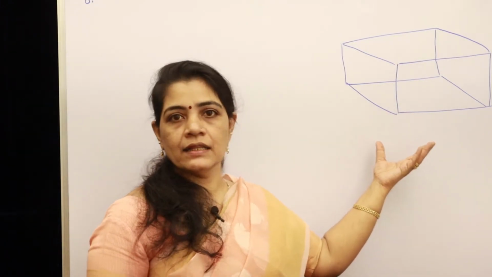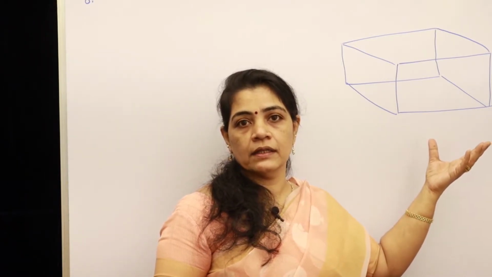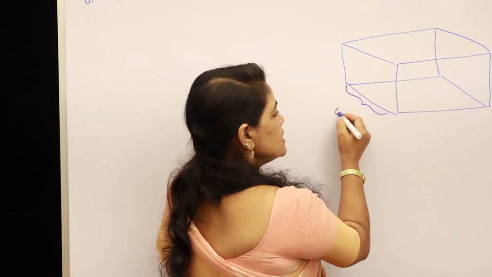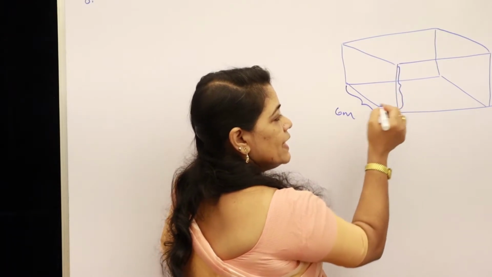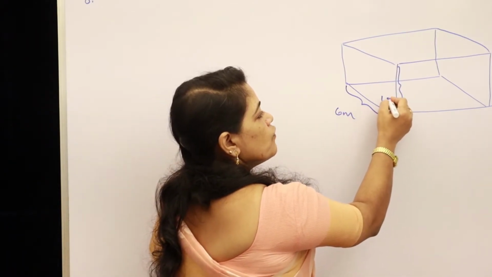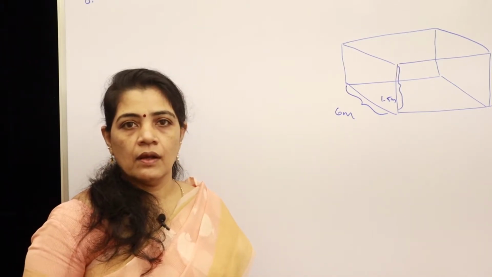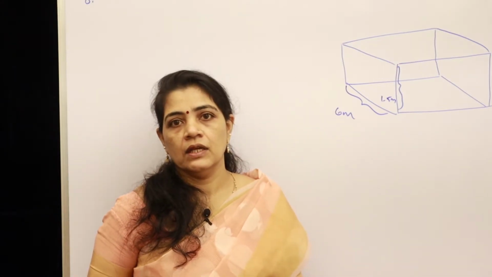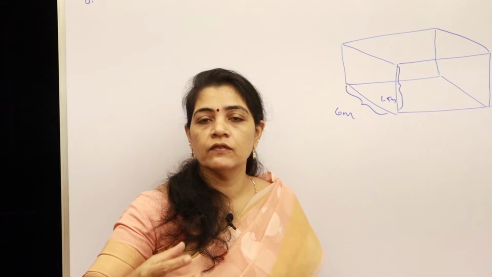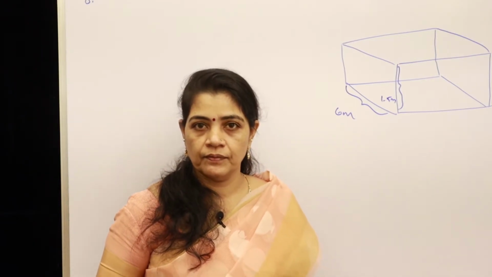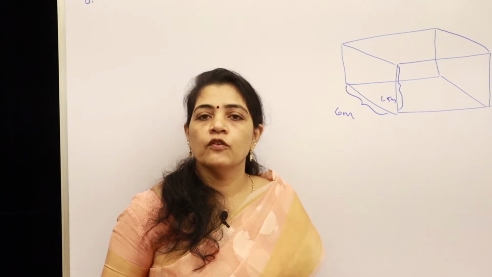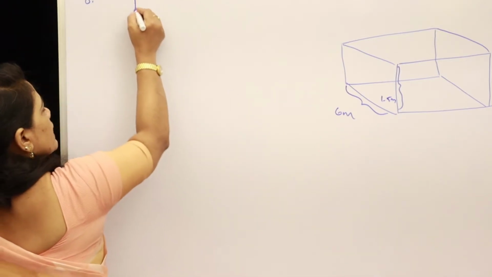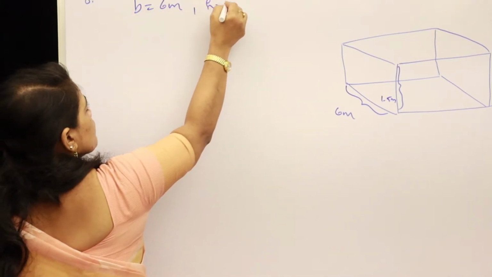Okay, so this is the canal. The shape of the canal is cuboid, that is length, breadth, height. Breadth and height are given. Breadth is given as 6 meter and its height, that is depth, is given as 1.5 meter. So in order to get the area which it irrigates, we should know the amount of water which comes out from the tank in 30 minutes. That means volume. But for the volume of the cuboid, we should know length, breadth and height. But only breadth and height are given. Height is given as 1.5 meter.